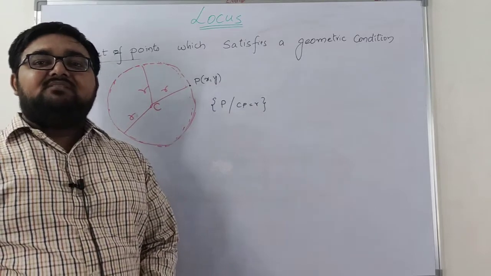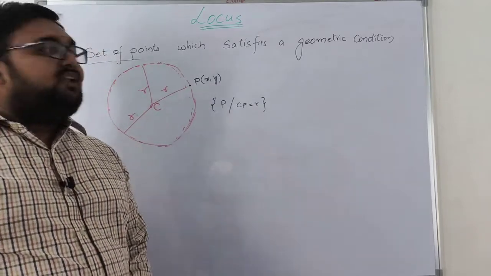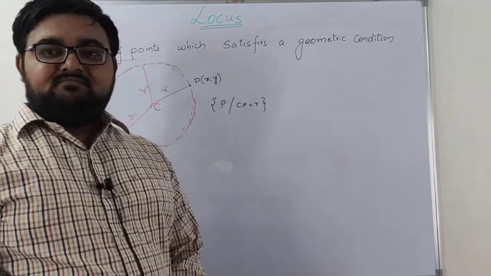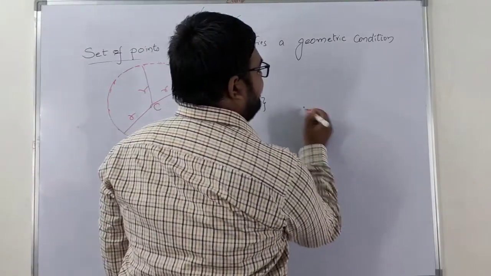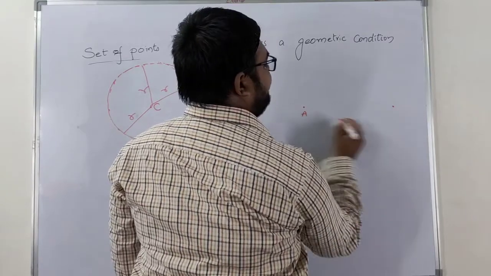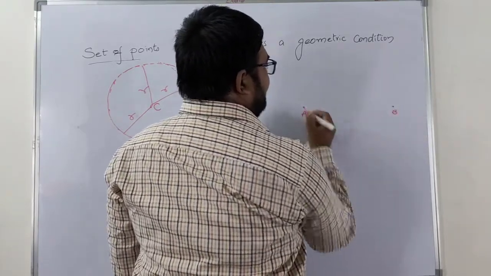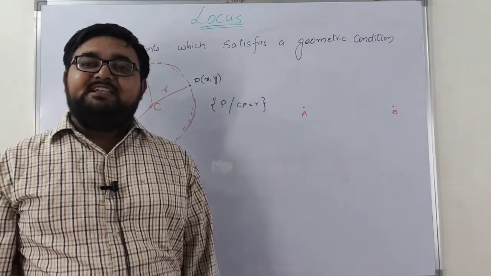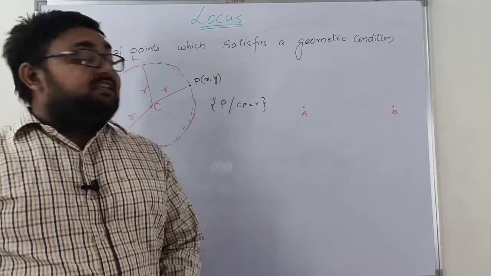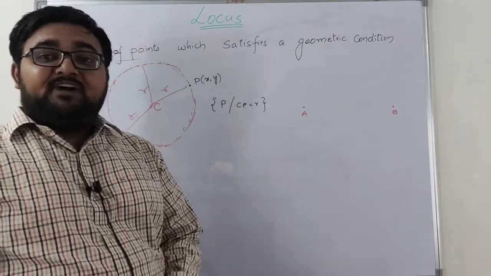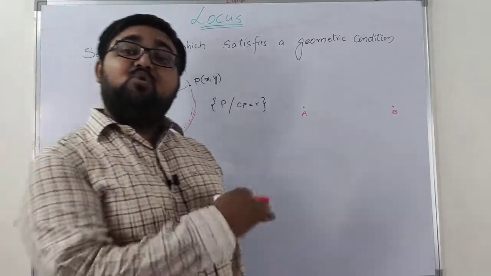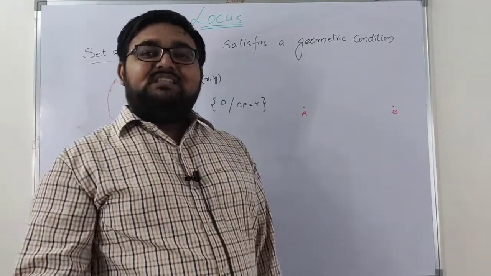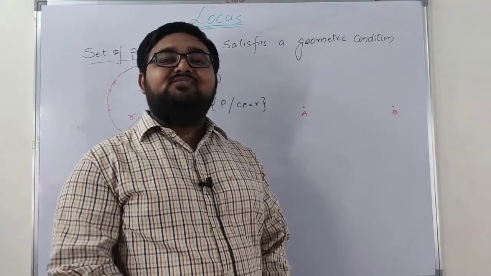The same way we can take some more examples, since we are talking about a geometric condition, right? Now let us take one more example. Now I am taking 2 points. Let this point be A and let this point be B. Now from these 2 points I need to find a set of points, that is the locus of this particular set of points, such that they are equidistant from both the points. Then what is its locus? Locus is nothing but a set of points.